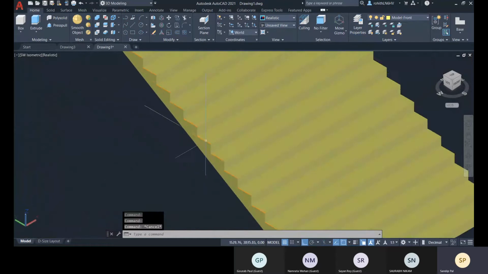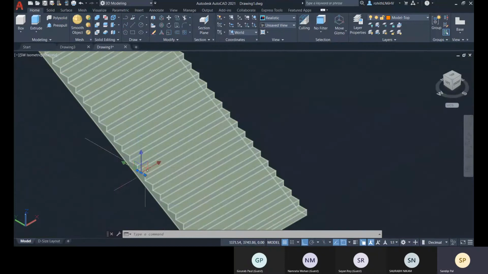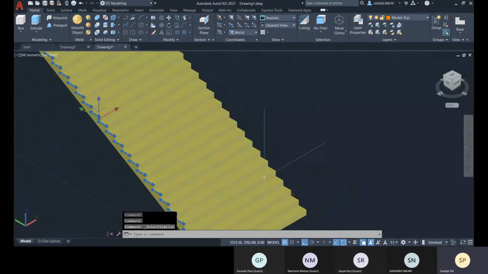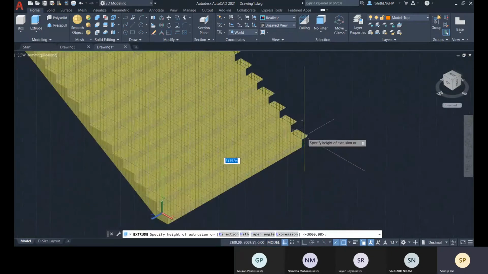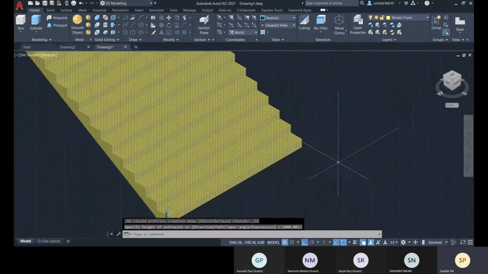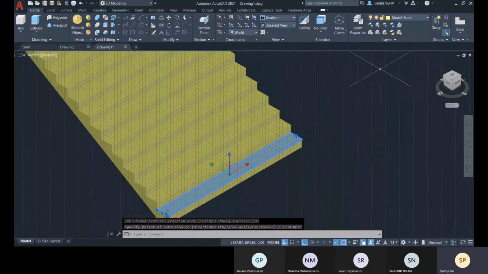Yeah, and let's select all of this 2D polyline, select similar, and then you extrude with the same. Okay, so right now it has been changed to model front.